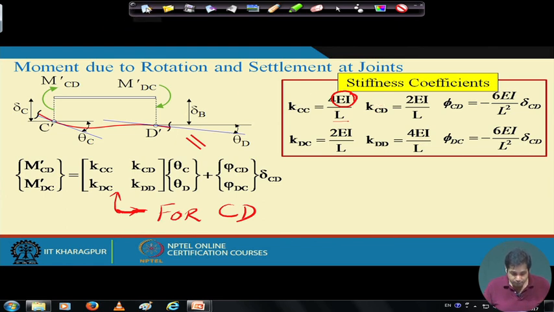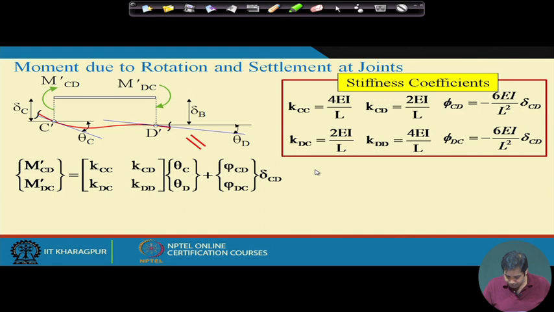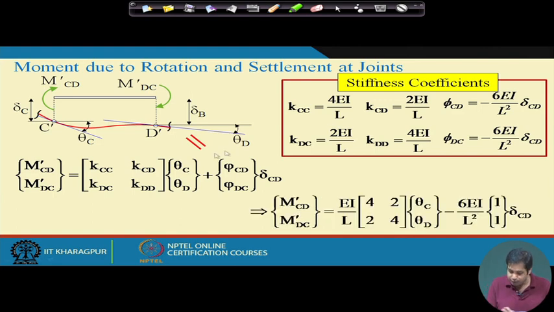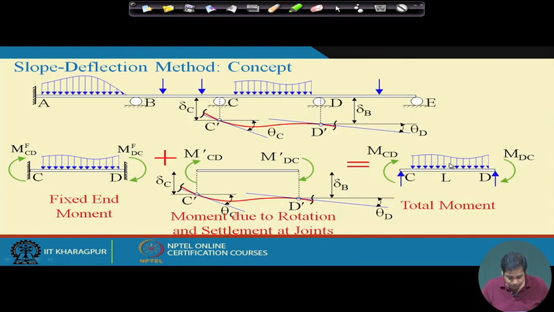Okay, great. Now, next, if we substitute these values from this, then this becomes this expression. You see, this is a symmetric matrix. So this is the expression for the bending moments, M dash CD and M dash DC, for segment CD. Okay. Now we have